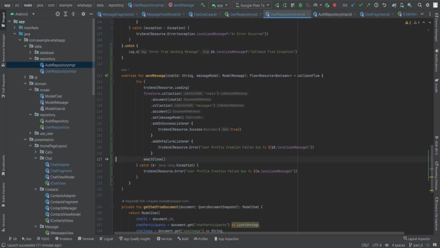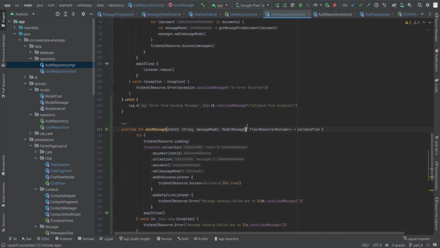Now, user profile creation failed due to this? No, basically message sending failed due to this. And simply here also, message sending failed due to this.